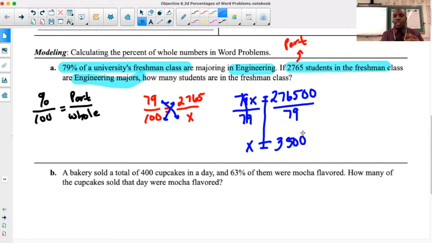As it is a word problem, I want you to write a sentence explaining what this number means. I know in the past couple lessons, I let you just slide with putting the numbers, but now I want you to write a sentence. So what does this 3,500 mean? This 3,500 means that there are